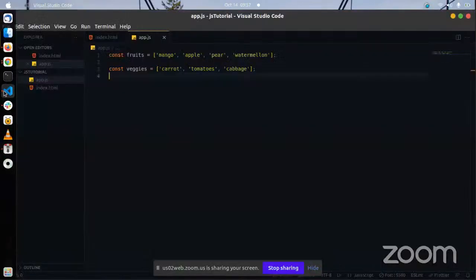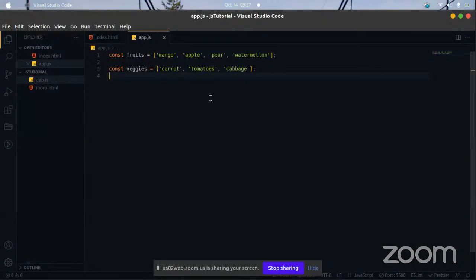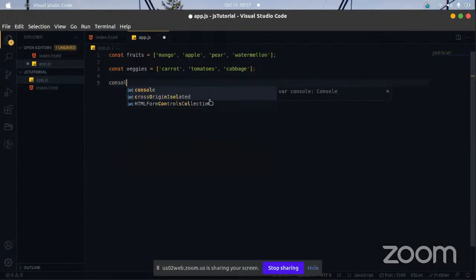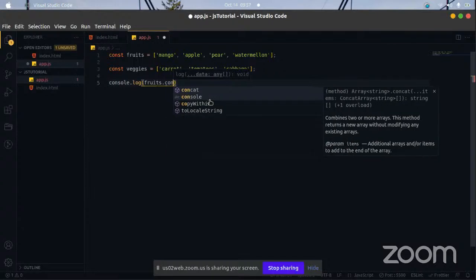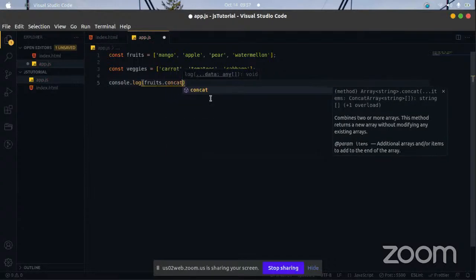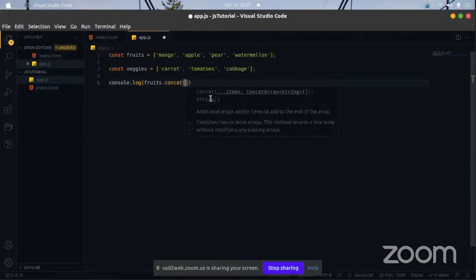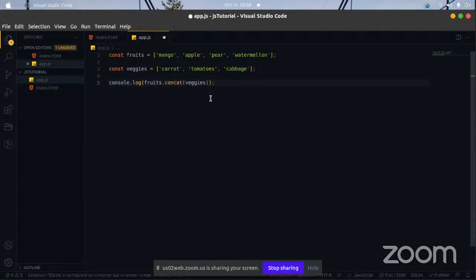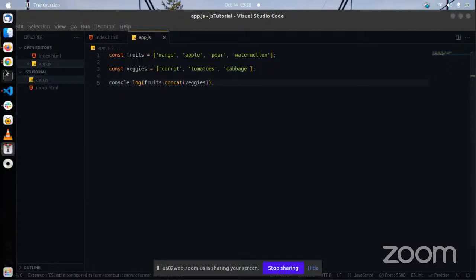So all you actually do is this. Let's just console.log first, and we just say fruits dot concat, and we put veggies inside. Yes, like this. So if we just go and